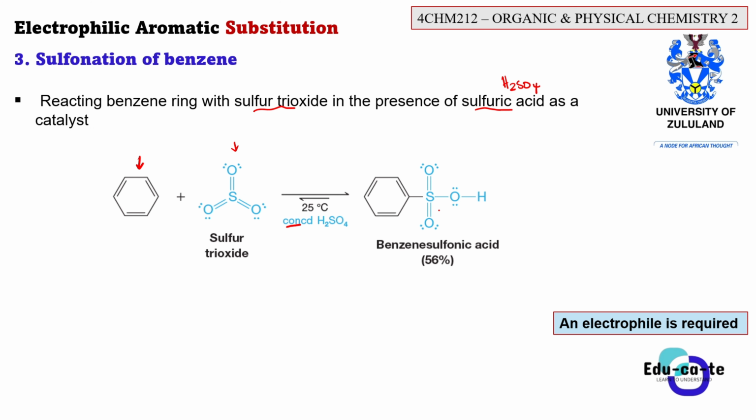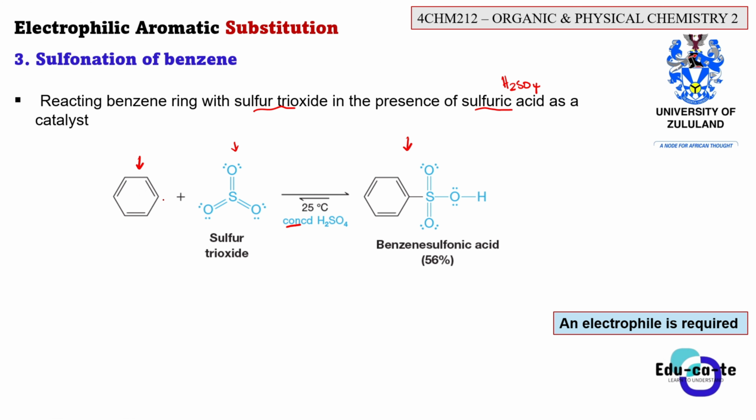You can see that this is benzene sulfonic acid, whereby you've got a benzene ring, and connected to it is a sulfur having 3 oxygens. Okay, it's 2 oxygens and an OH group. So this is known as benzene sulfonic acid. That is the major product of this reaction, given that it happens at room temperature. So here, remember one thing, that this is a substitution reaction, particularly an electrophilic aromatic substitution reaction.